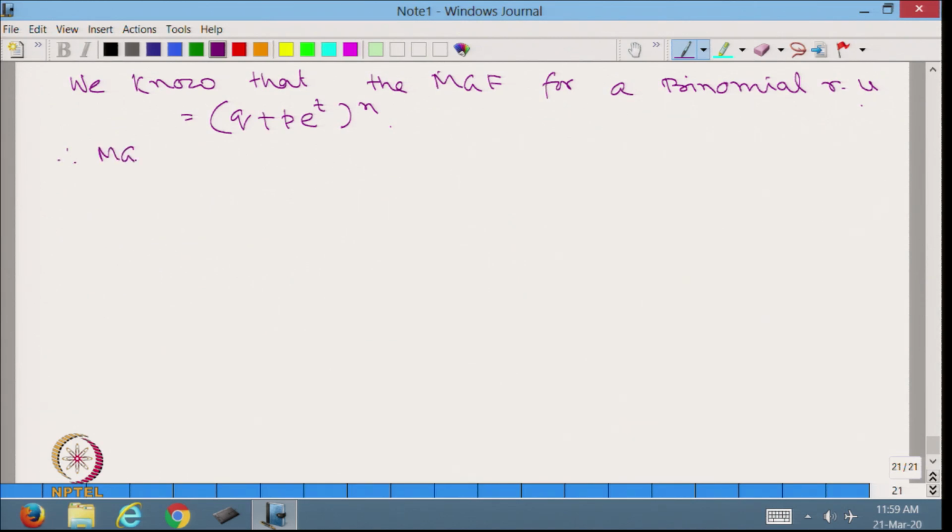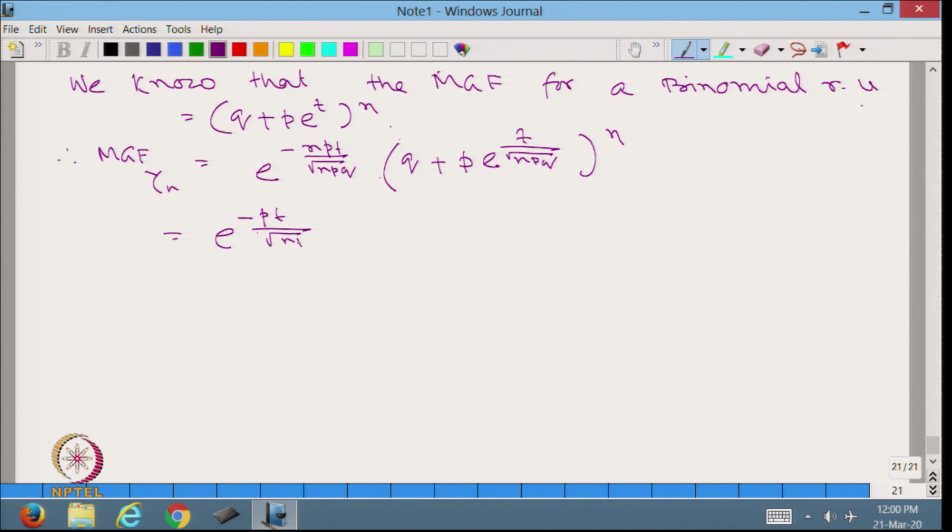Therefore, MGF of Yn is equal to e to the power minus np t root over npq multiplied by (q plus p e to the power t upon root over npq) whole to the power n is equal to e to the power minus p t root over npq multiplied by (q plus p e to the power t upon root over npq) whole to the power n is equal to